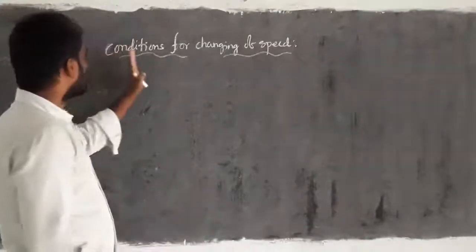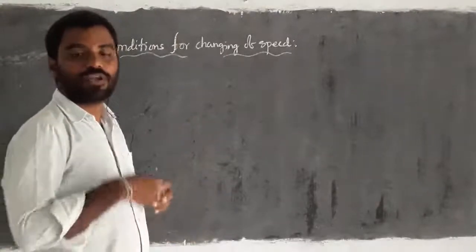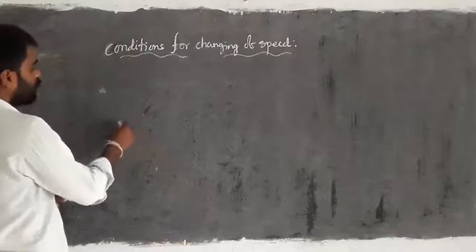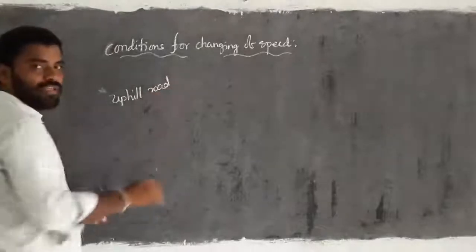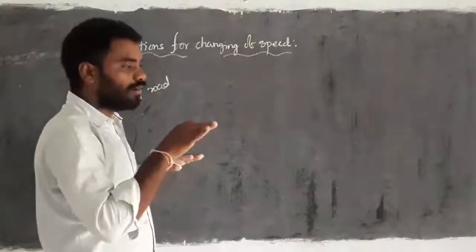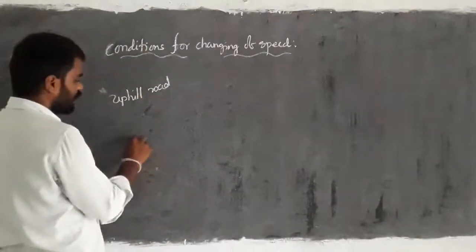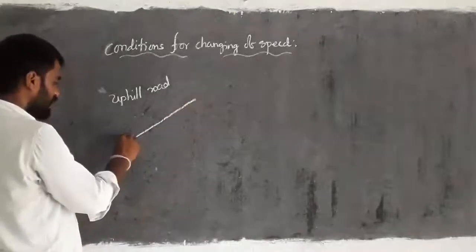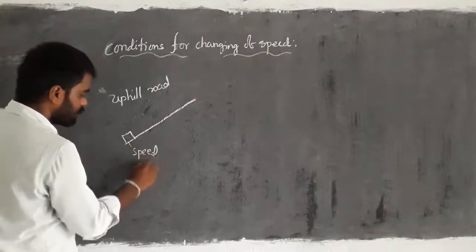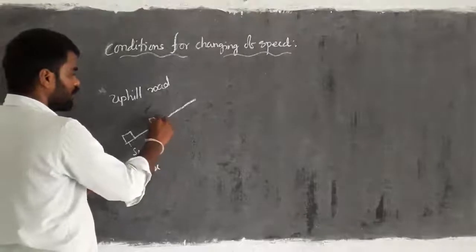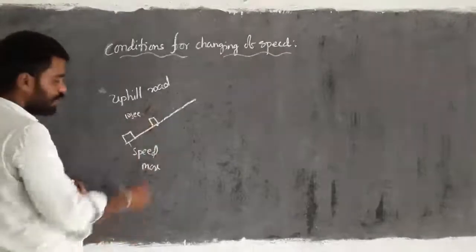Yes, children. Now we are discussing the conditions for changing of speed, right? In which situations the speed of a particular object gets changed. For that, take any uphill road. When you move with the help of vehicles on a hill station, the road is like this. Initially the vehicle has more speed. If it covers 100 meters of distance in a particular 10 seconds of time, right,